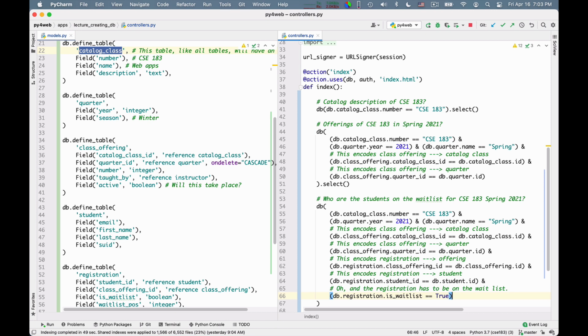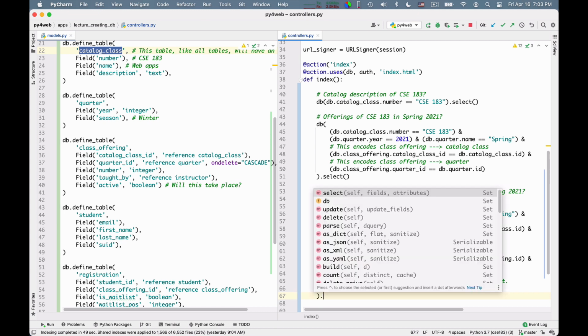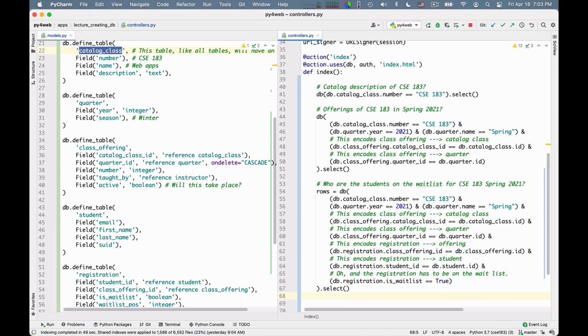So these are all the conditions I need to find the students on the wait list for a particular offering for a class. Then I do select. And if I want to use this result, I can say something like rows is equal to these.